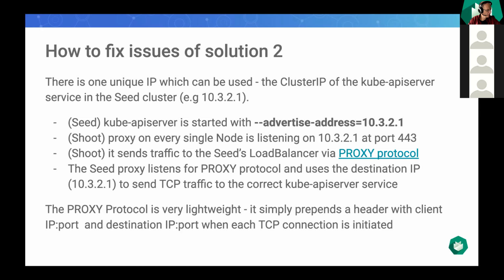And the proxy protocol is very lightweight. It simply prepends a header when you create a connection with the source client IP and port, and then the destination IP and port. And then on the seed side, there is the proxy which we mentioned previously. It listens for this protocol, and then it uses the destination IP address, which would point to the API server's cluster IP, and then it will send TCP traffic to it. So to put it more graphically,